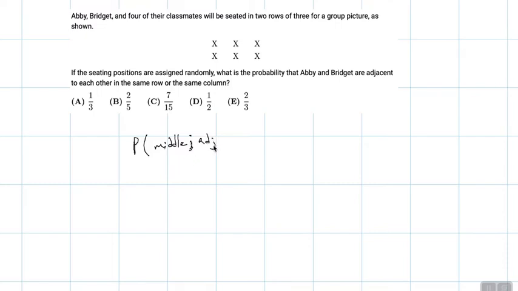and they're adjacent to one another. So first, the probability of sitting in that seat or this seat is going to be 2 out of the 6. So 2/6. And then given wherever they sit, let's say, doing this again here, let's say that Abby sits